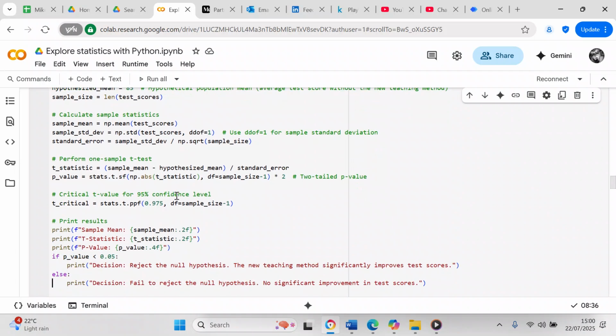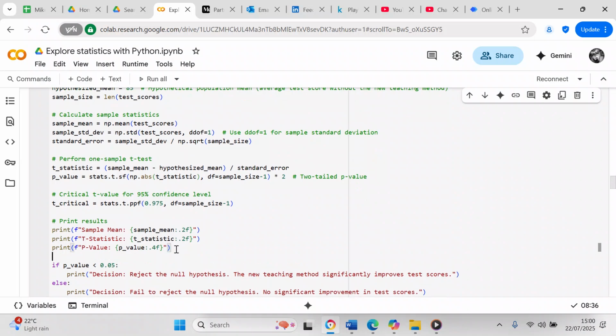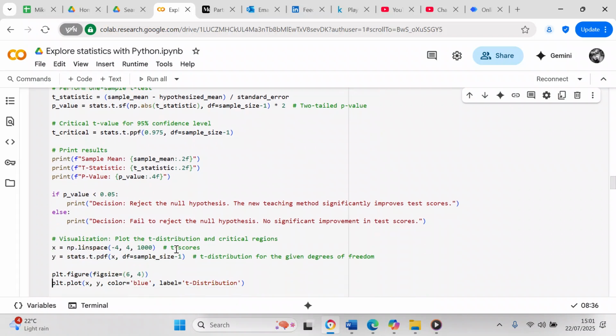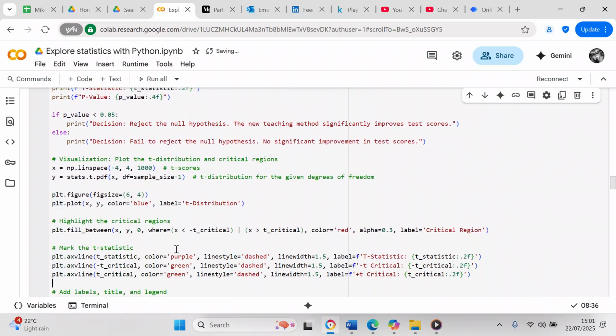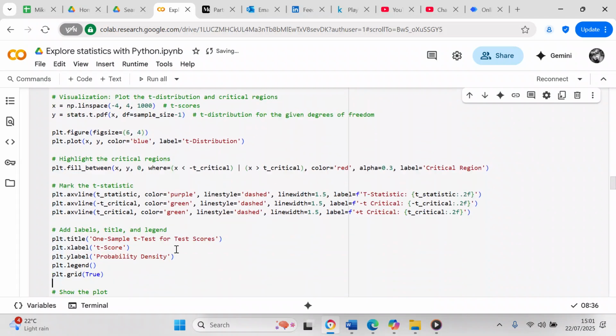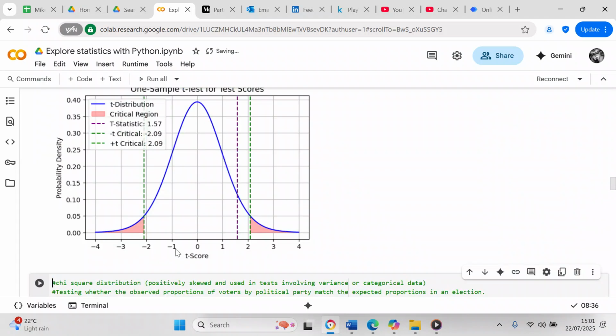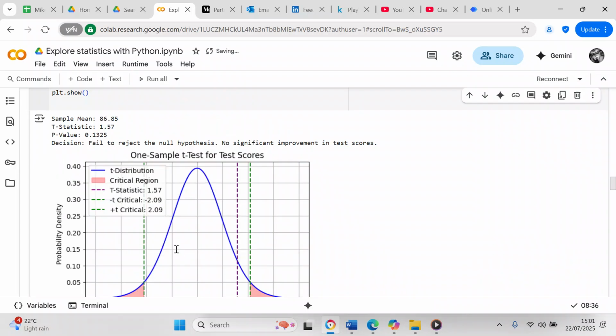Now we're going to print the sample mean, the t-statistic and the p-value. Your sample mean is 86.85, and your t-statistic is 1.57. Your p-value is 0.1325. So 0.1325 is greater than